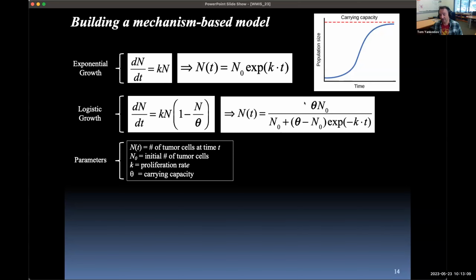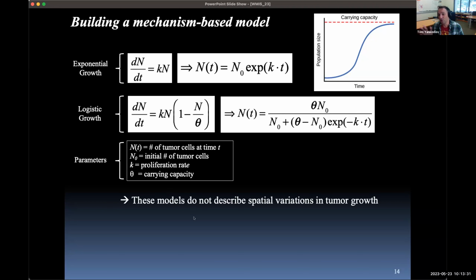So this is what you see for later times for cells in a dish as they're proliferating up to the carrying capacity of that dish. If you imagine a monolayer growing in the dish, they can't go past the walls and they're not growing on top of each other very much. And so you get a carrying capacity effect there. Same thing actually happens for tumors growing on a hind limb of a mouse or inside an organ.